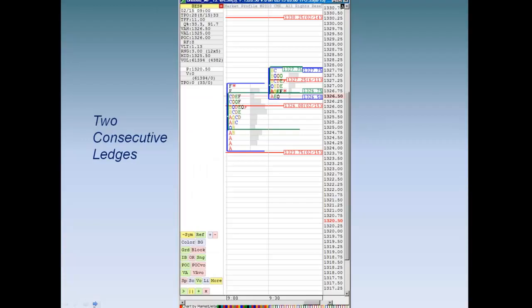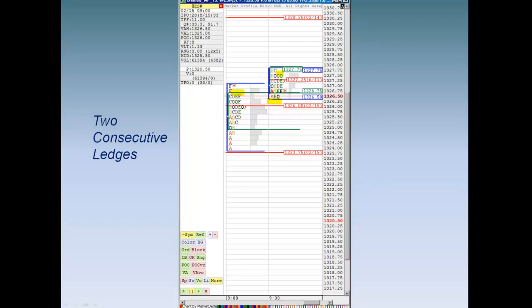So let's take a look at how and when these ledges appear. We have two consecutive ledges here. Take a look. Prices came up to here and started to form a ledge. We have a low ledge down here, and we have another ledge up here. Now, this is on the 30-minute